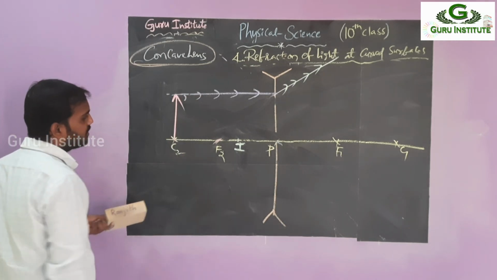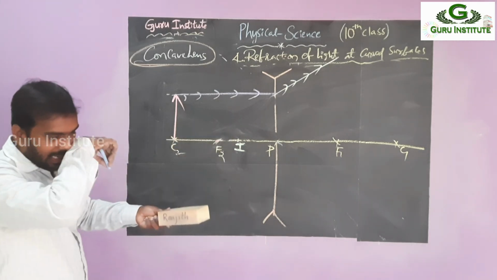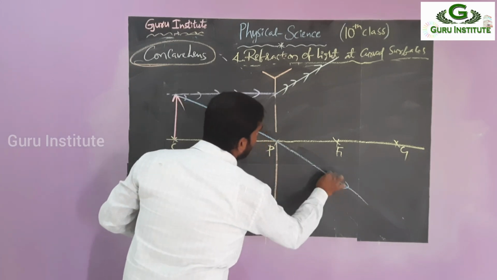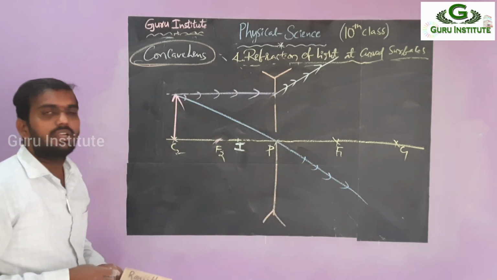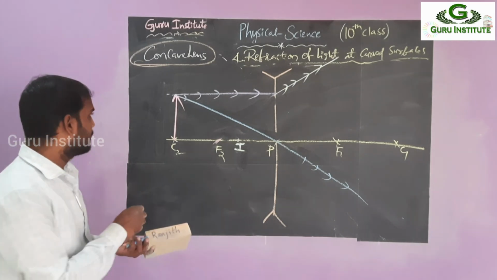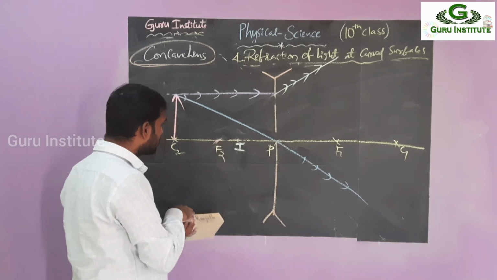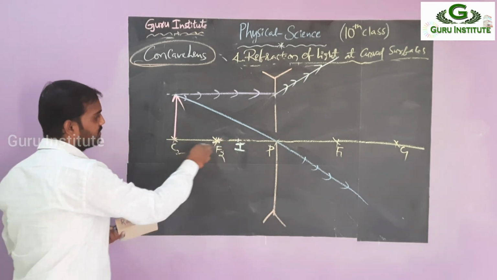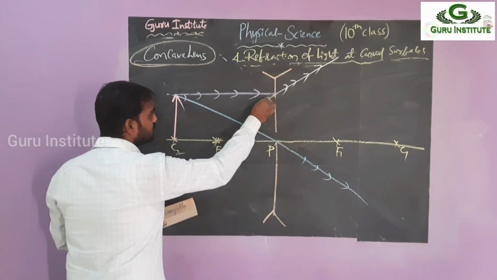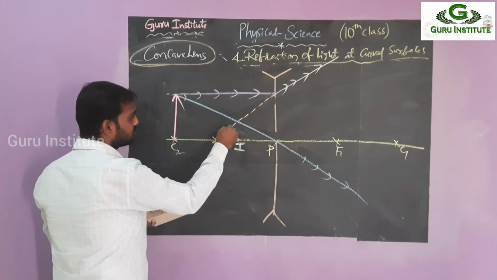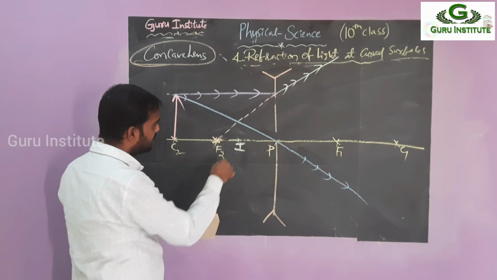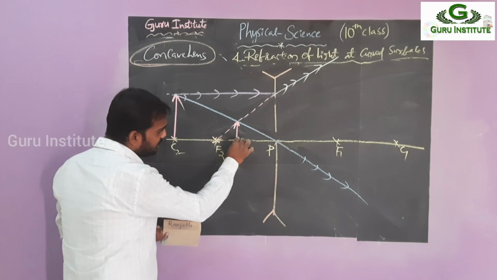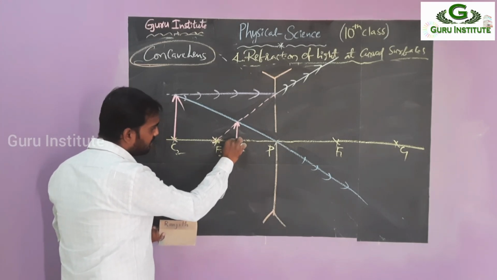This is the incident ray. Okay, incident ray is over. That means what is the parallel? Next, passing through pole. Again, they both do not meet each other. So then what will happen? So this is the focus now. Where is the focus? This is the focus point, right? So I am moving the object from here to here. Right. Where is the image formed? Here the image is formed, right? Starting, the image is formed here. So now the image is formed here, right?